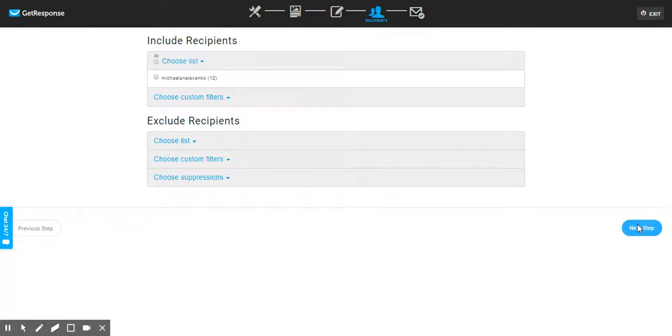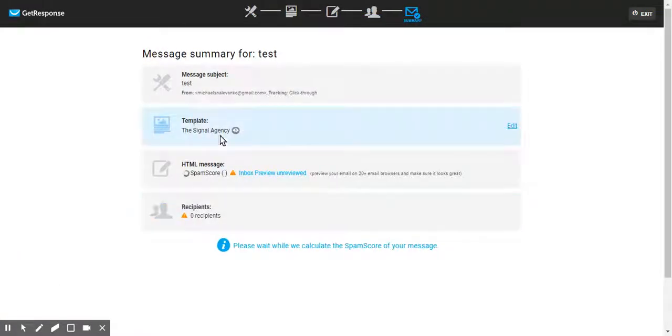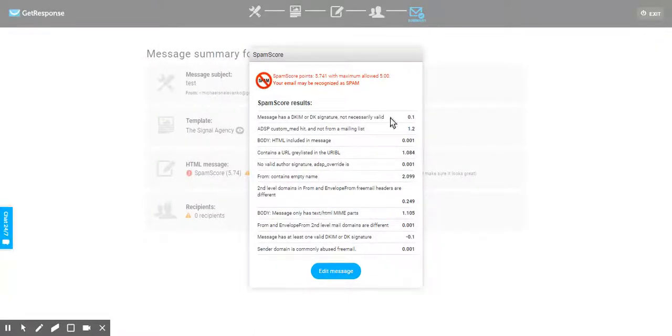Once you do that, you're going to go to manage message. Now this screen will show up and it will show you your spam score. Guys, this is important because overall, you want your score to be 5 or less, but you definitely don't want it to be anywhere near 5. Like this one is 5.741. It's because I haven't really edited it,